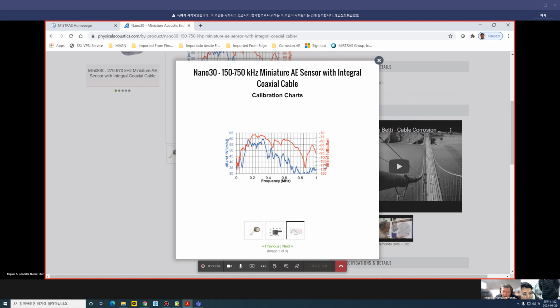And you see, I don't want to confuse you here because you have two scales. One is with reference to 1 volt over a meter per second, and the other one is with reference to 1 decibel per microvolt. And we don't use any of those when we are using the pencil break. We are not using any of those. That's why I don't want to confuse you.